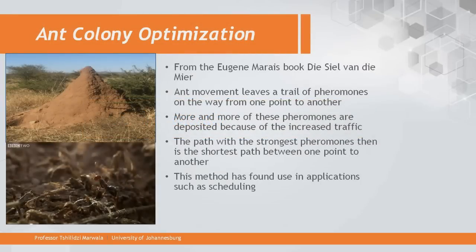In fact, this ant colony optimization came out of a theory that was proposed by a South African person called Eugene Marais. Eugene Marais wrote a book called Die Siel van die Mier, which was really the first work on understanding how ants actually do what they do. For example, the picture at the top was the picture that I took when I was in Venda, in South Africa. But these ants at the bottom are actually what makes that complicated structure. So Eugene Marais, I don't know which part of South Africa he was from, but I would guess he's from Limpopo,